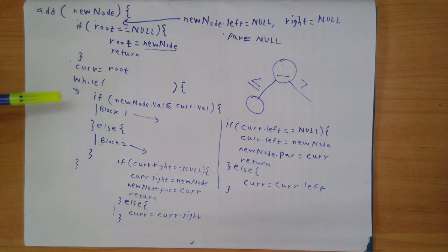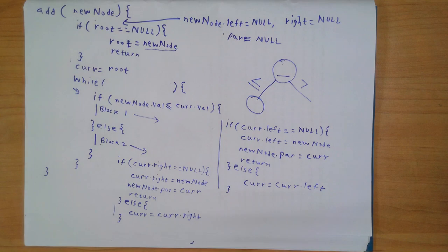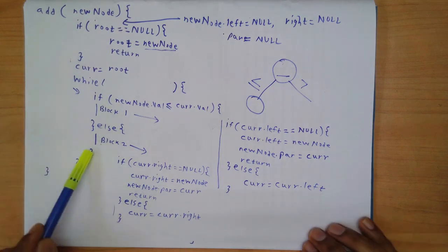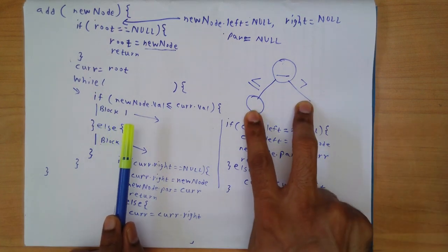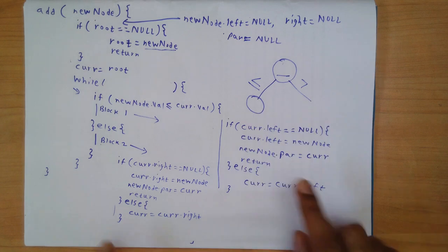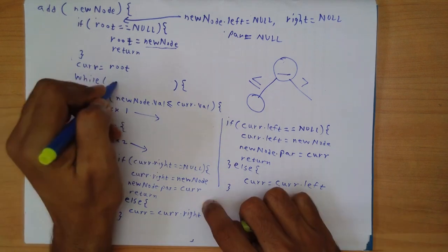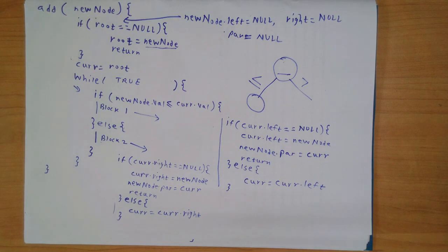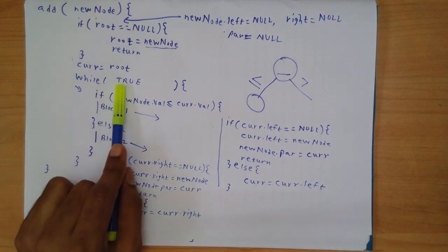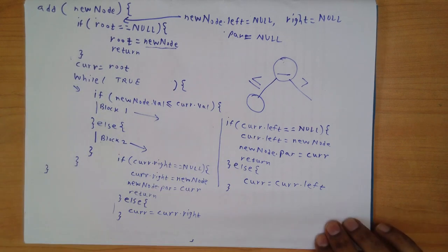Okay, so before we go to time complexity, we did not fill up the condition required here, right? So the condition really is not required. What is going to happen is, in this particular manner, we are going to start from the root. We are going to take one of the branches if that exists, and then eventually we are going to find the right place to insert our new node. So while true, you can say that while true. We don't really need any explicit condition to check. This might seem like an infinite loop, but we know that this loop is definitely going to end when we find the right place to insert.